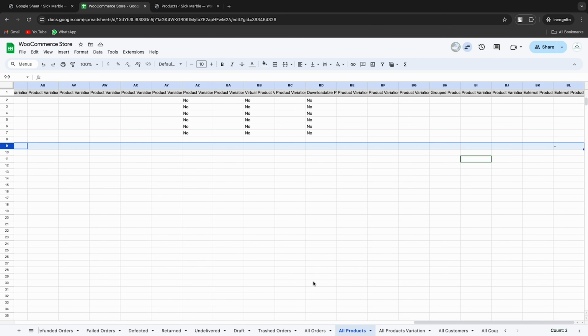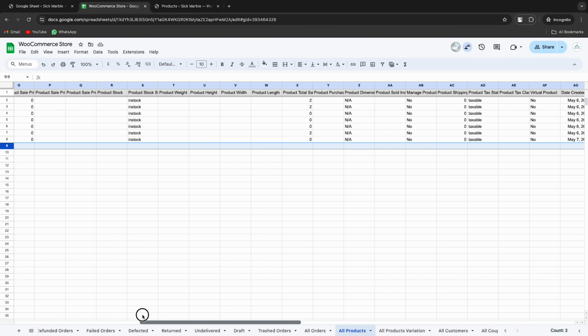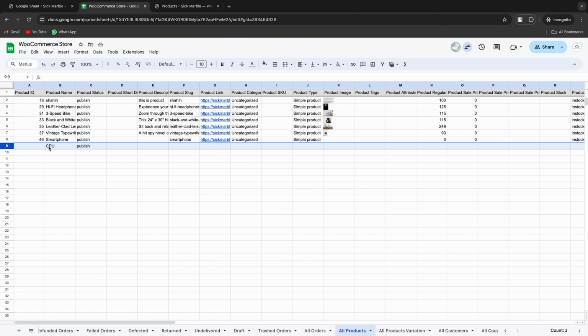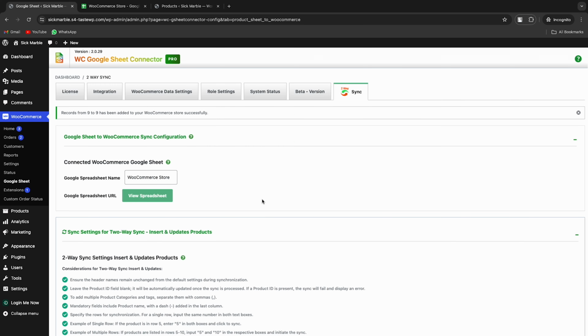I have added this product in row 9, which I required to sync. Now go back to plugin settings and enter the rows range from where I want to run the sync to insert the products. Now it's just one product, so I will use range 9 to 9. Once I clicked on sync, I can see success message that records from 9 to 9 has been added to